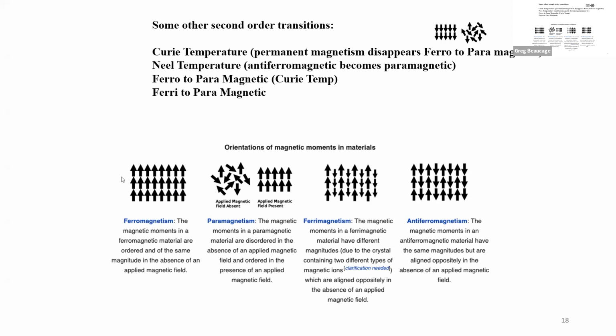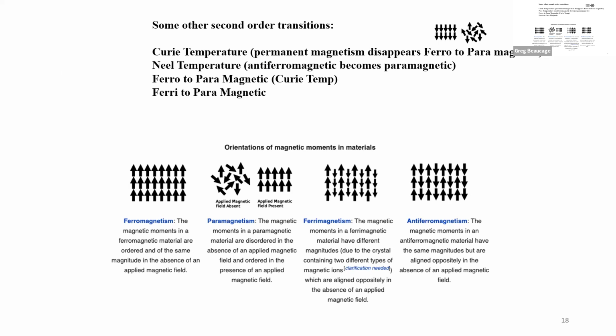So this is the Curie temperature, the ferro to para, and there's a Néel temperature, the ferri to para, like this one to that. This to that is the Néel temperature. Oh, it's this anti-ferro to para, I guess, that is a Néel temperature. And there's ferri to para also, which I guess is another name, but